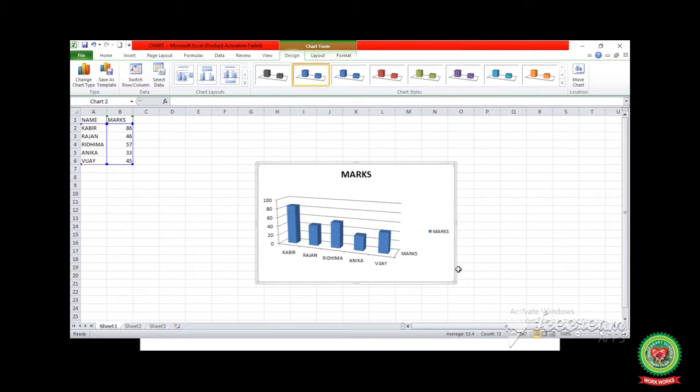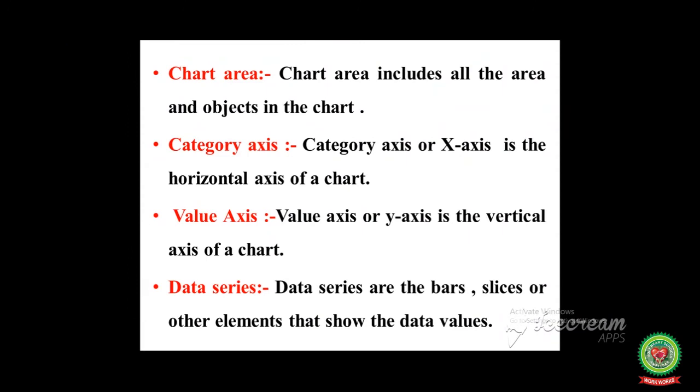It includes all the area and objects like marks, names, numbers, data series, grid lines and so on. So chart area includes all the area and objects in the chart.